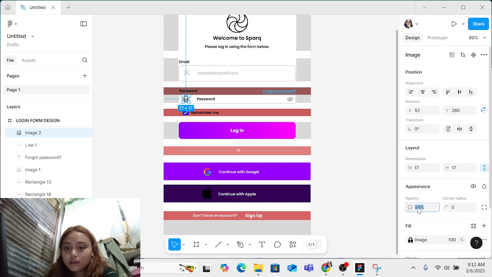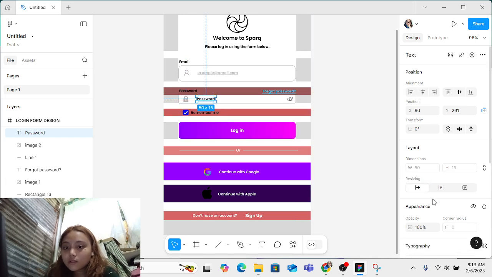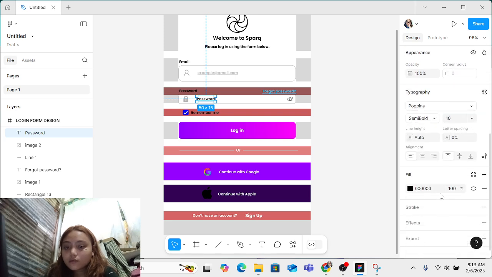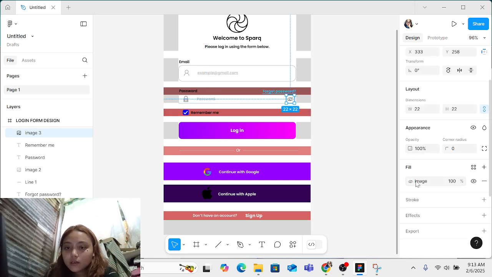Let's put it right there. 30%. Then we need to use C4, C1, C1. Then let's use this one as well. We're gonna change the opacity into 30%.